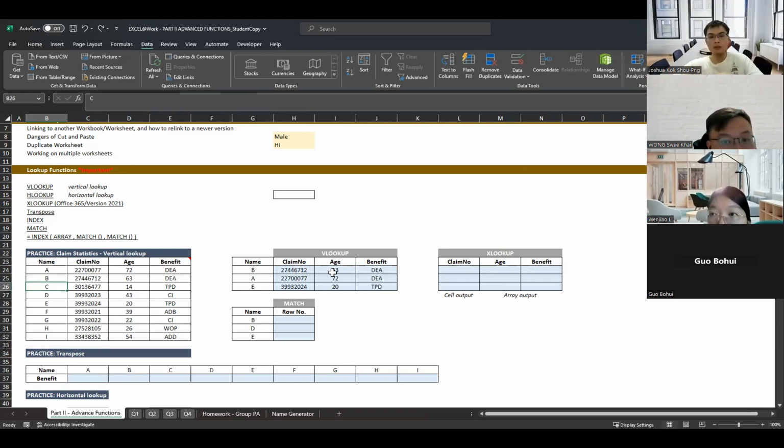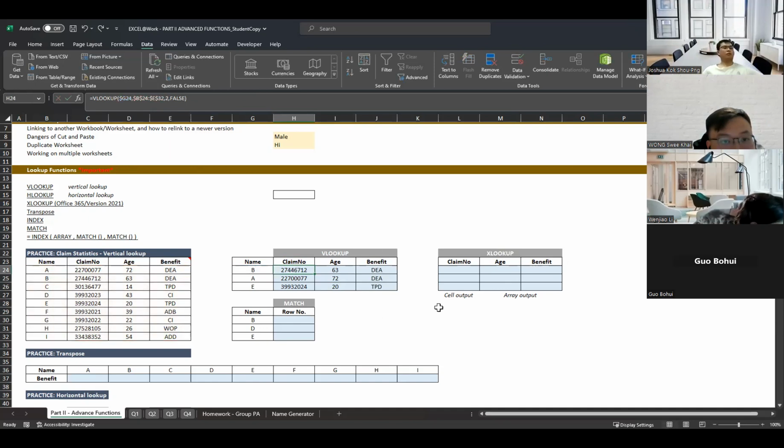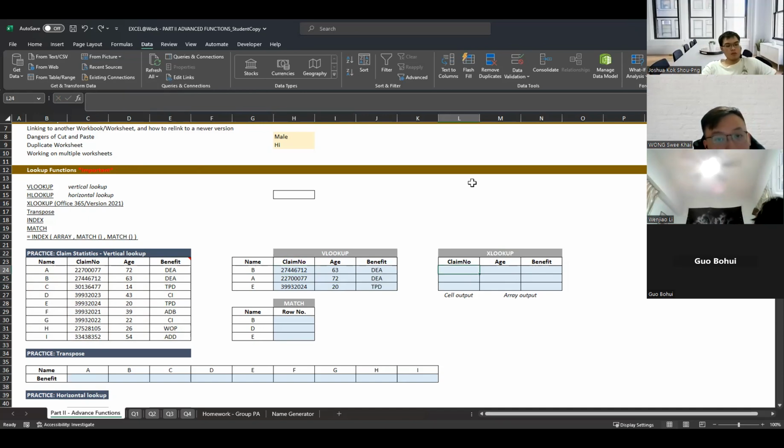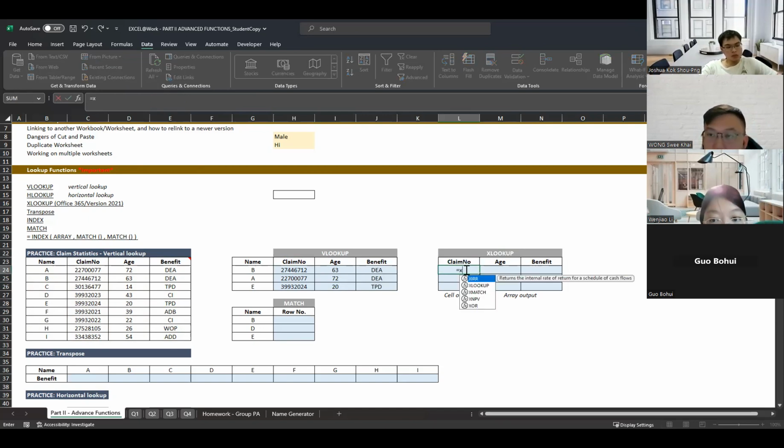Okay, so this is for VLOOKUP, right? It seems a little bit hard-coded because of the columns here, but maybe let's take a look later at how to improve that. All right. So XLOOKUP here, right? We want to return a cell input over here. XLOOKUP here is quite straightforward. It's quite simple also, in the sense that it's quite friendly in telling you what to input first.